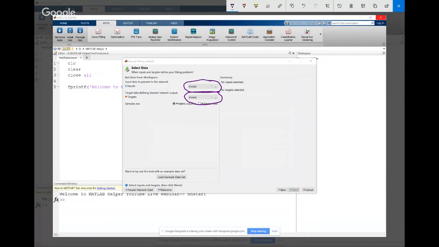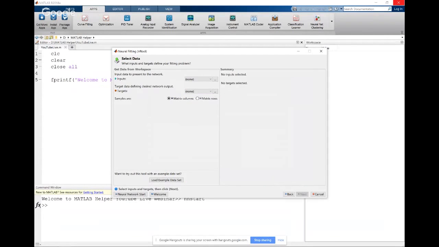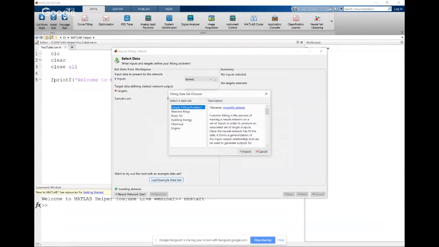This is when you are working on something and you have data of say thousands of inputs and thousands of targets, and that is a point where you can train your entire neural network. But for this example, we'll be using the load example dataset, which is already inbuilt in MATLAB. So let's click on this load example dataset over here.